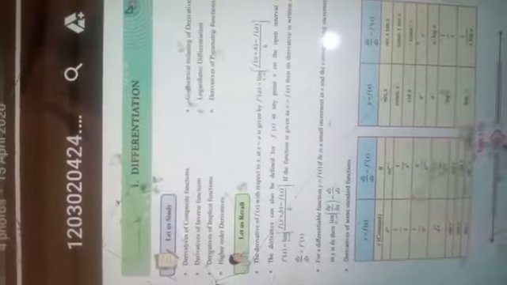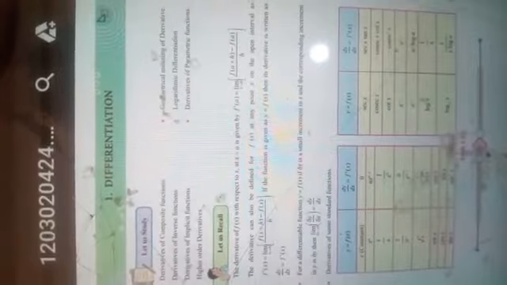In the previous year, that is in standard 11, we have seen the derivative. Derivative means differentiation. The derivative of f of x with respect to x, that is f dash of x, is equal to limit h tends to 0 in bracket f of x plus h minus f of x upon h, and it can be written as dy by dx is equal to f dash of x. Now let us see the derivative